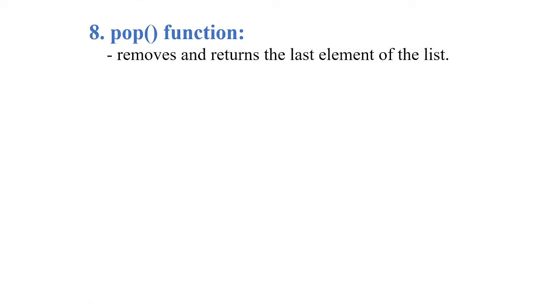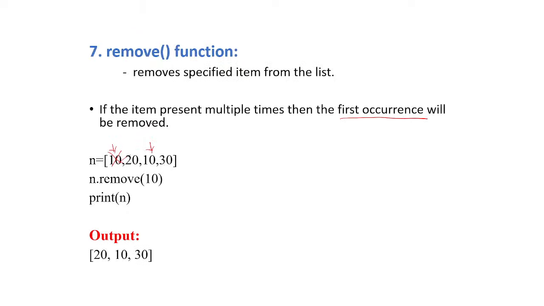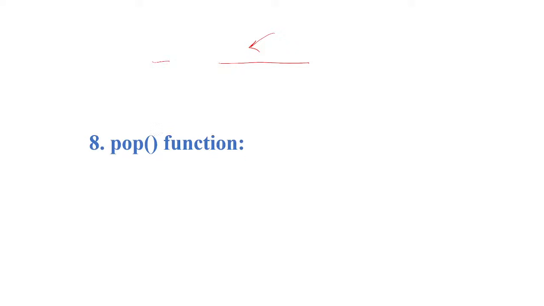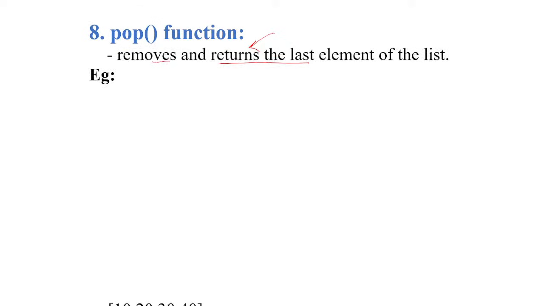Then the pop function. So what is it? It removes the element and also returns the last element from the list. It always removes the last element, and it also returns that removed element. Whereas in the previous case, when you say remove, only that element will be removed and the list is updated like this. Whatever element you say is removed. But when you say pop, it removes the last element and also returns that